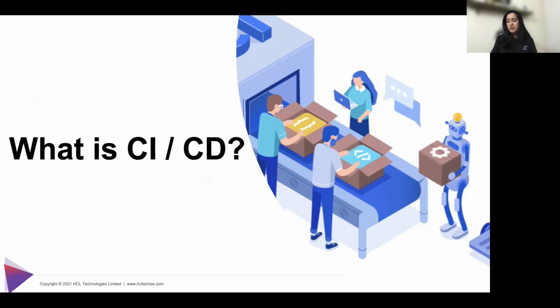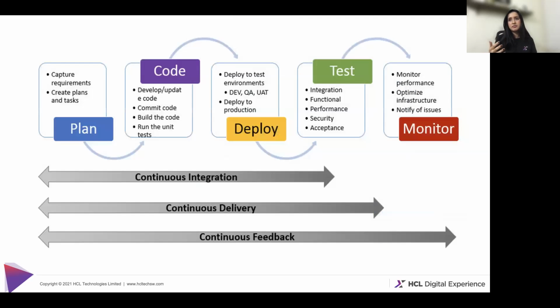In short, we get a lot of benefits out of it, like fast and low risk releases, improved bug fixing, immediate bug fixing and immediate feedback. We can monitor performance and be notified of issues, and release faster as well. In short, we get a better, high quality product at low cost. Having understood the importance of CI/CD, everyone is now shifting. So how can we introduce CI/CD in DX?